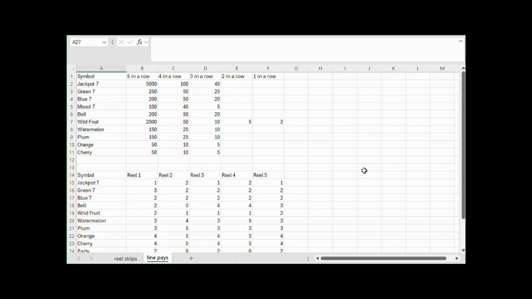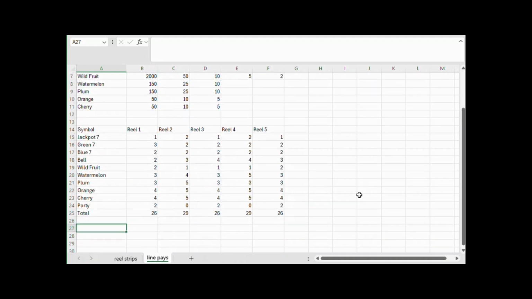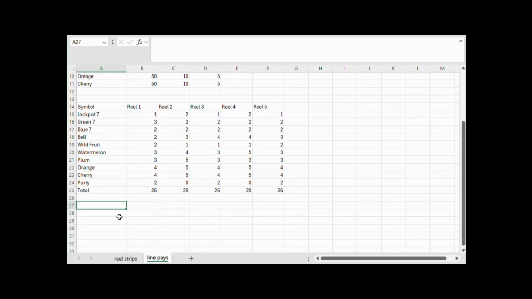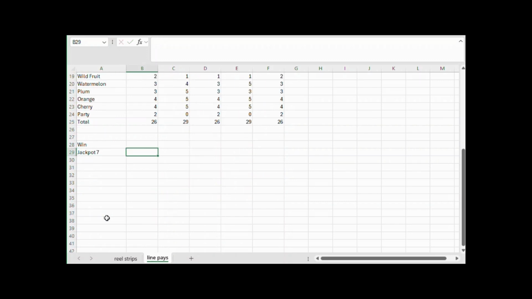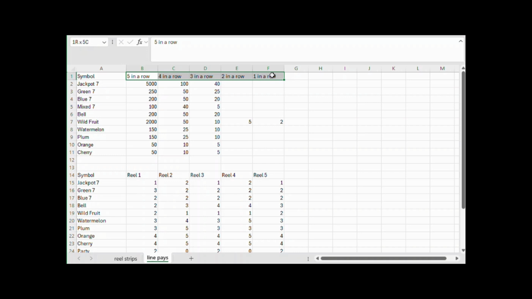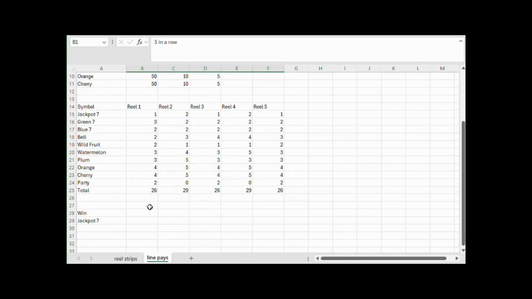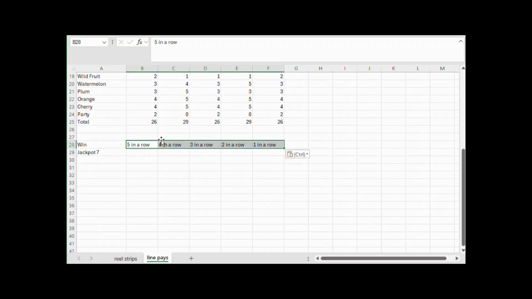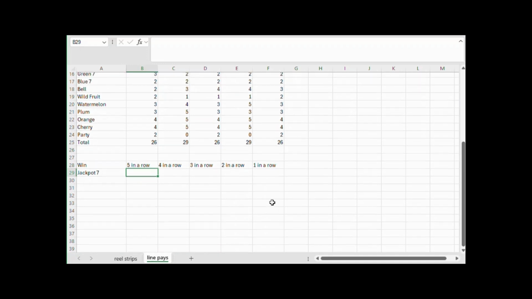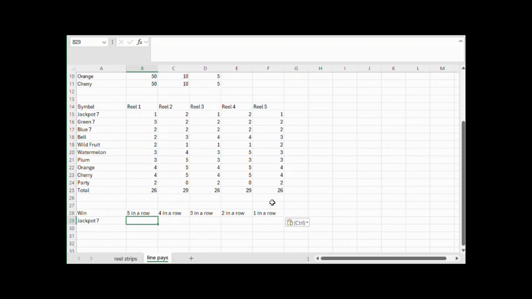Moving right along, let's count up how often any given win can happen. In other words, the number of combinations for any given win. So let's start with the win for the Jackpot 7. And let's copy and paste the number of ways that can happen from 5 in a row to, in this case, 3 in a row. So the number of combinations to get the Jackpot 7 symbol on all 5 reels is